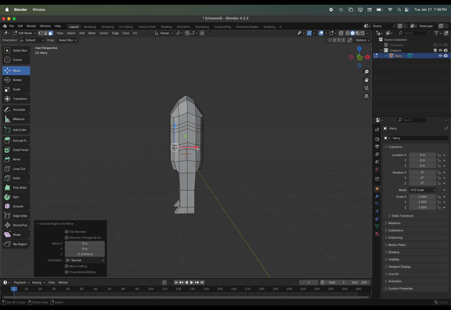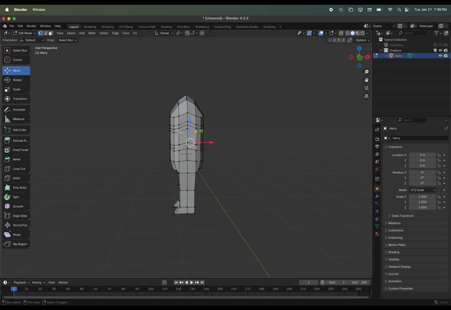Next up, I'm going to be getting the arm ready. So if I feel like I need additional geometry for where I want the arm to go, this would be a good time to add another loop cut, or I can just take the geometry that I have and make some adjustments to it.